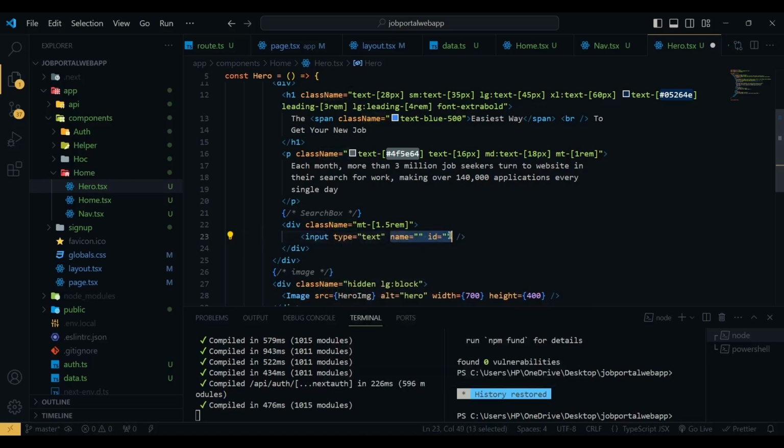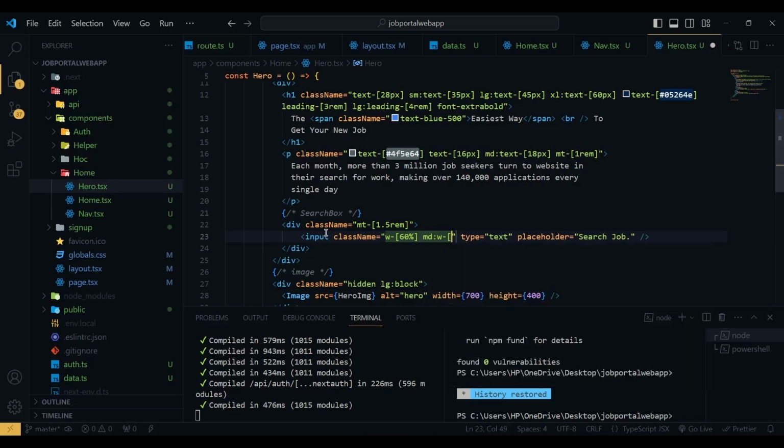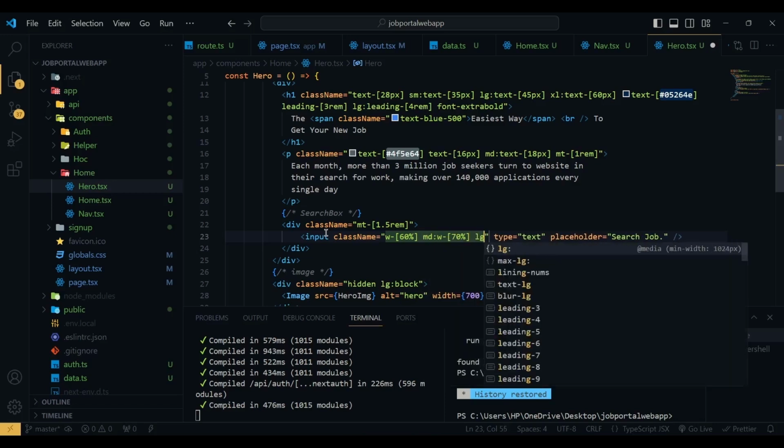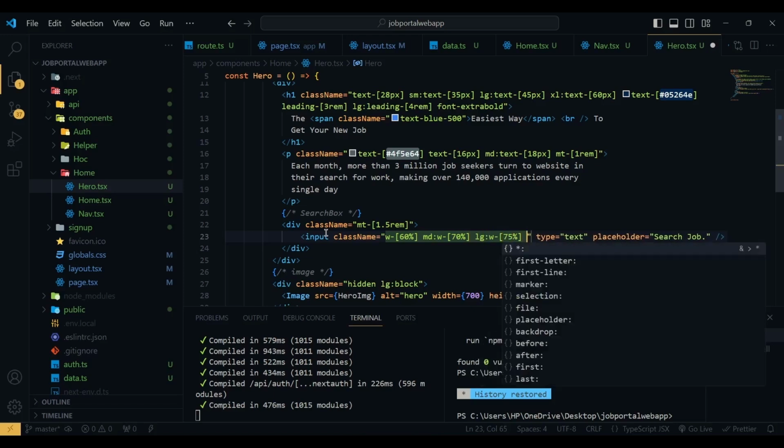We do not need the name and ID, so the placeholder will be search job, and this input has a class name of width 60%, in medium screen width will be 70%, and in large screen width will be 75%,